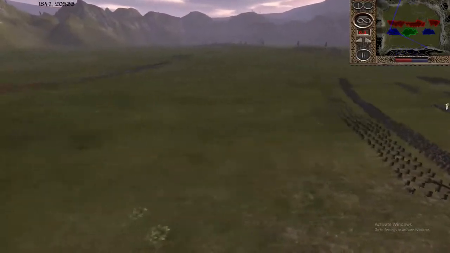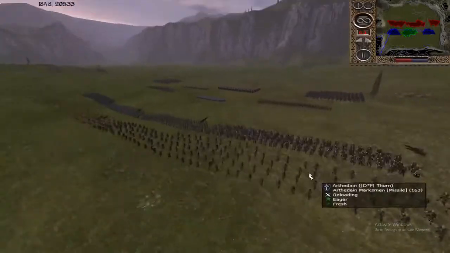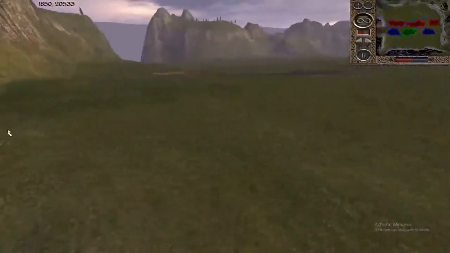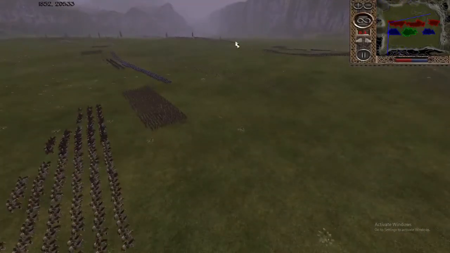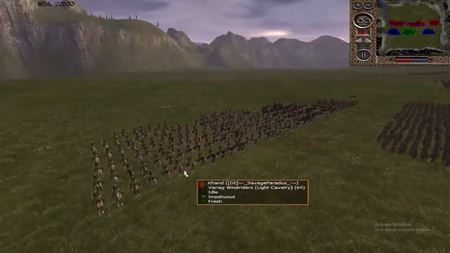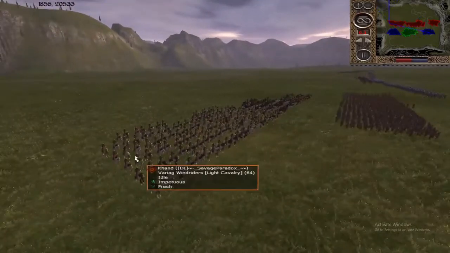And actually, a lot of the time, you get more bang for your buck out of your cav because you're not being so cautious with them. But I think that pretty much clears up the Allies' army composition. So I'm going to now pass on to Langer to do Savage Paradoxes and his Allies' army composition, starting with